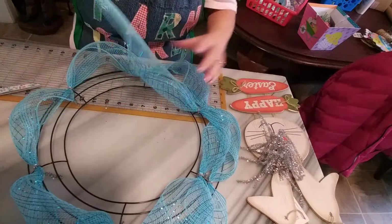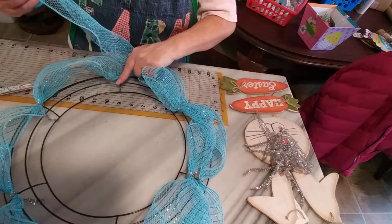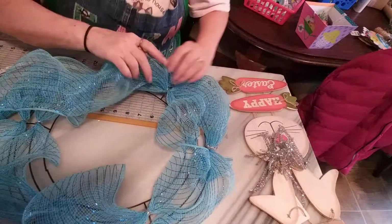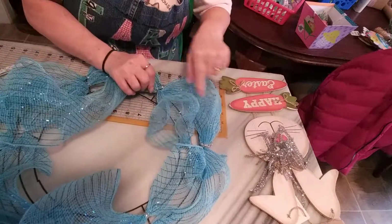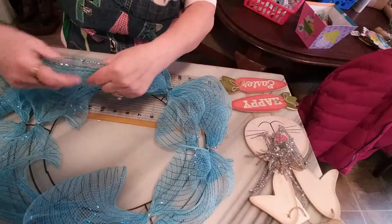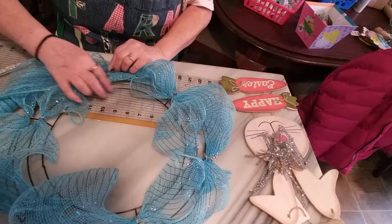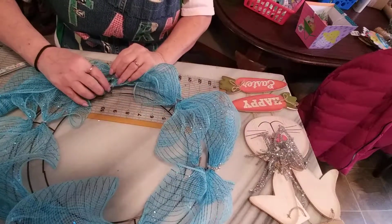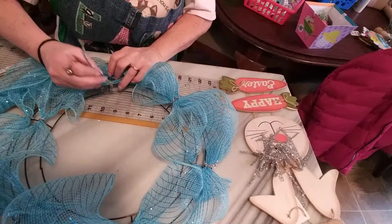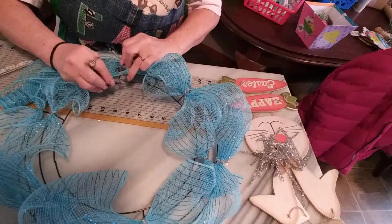And remember, once you get to where you started, you just put one there and then you drape it down. And once you get to the first one that came down from up here, which was this one, you tie it in, and then you take the rest and go down here to the end, to the last wire. And right here where it cuts off, first you take your chenille stem, put it in like that,